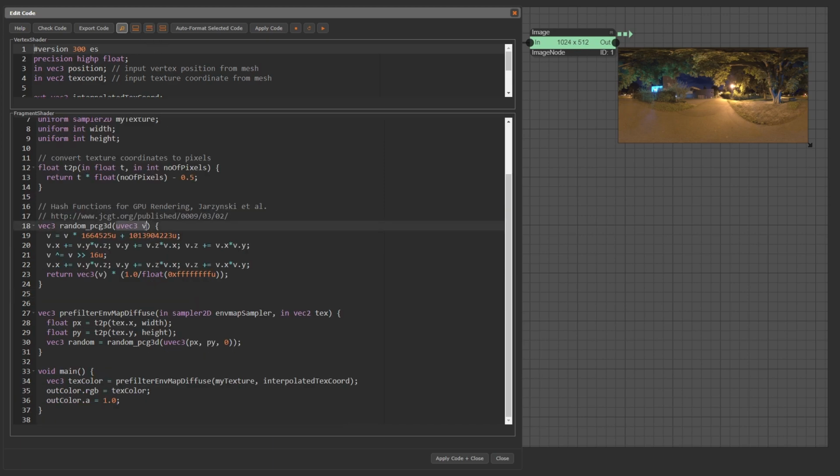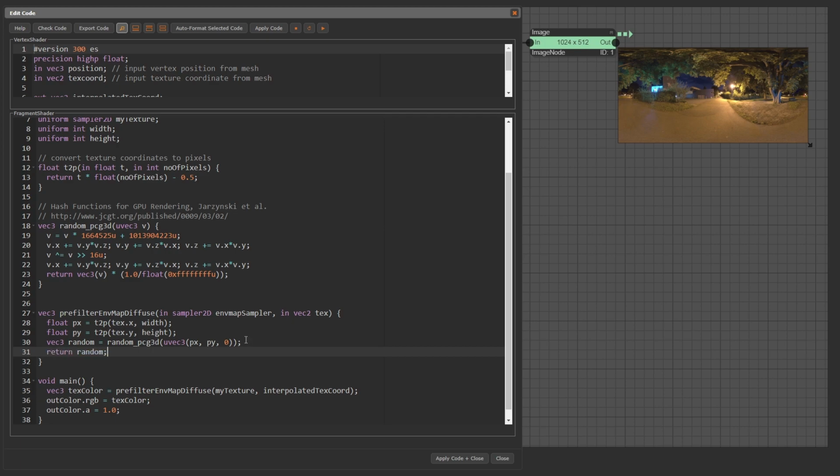We see that this function is expecting a uvec3 as input, which is a vector of 3 unsigned integers. The output is a vec3, a vector of 3 floating point values. This means that we get 3 random numbers from one function call. These output numbers have a uniform distribution in the interval from 0 to 1.